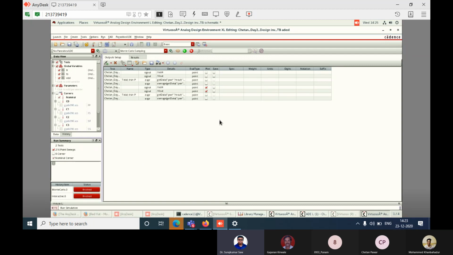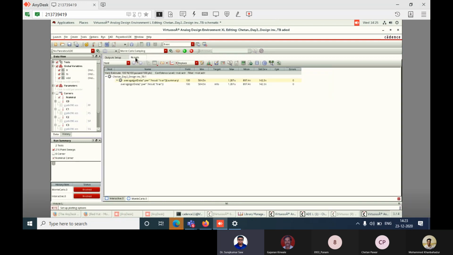Is it running? Yes, fine. Wait for some time, it will give the result. See, we have taken steps of 5 and we have varied 3 parameters. That means total combinations: 216. Yes, right, 216 combinations. So it will run for 216. If you give a step size of 10, it will run for 512. That's why we have kept the number of steps as 5 only.